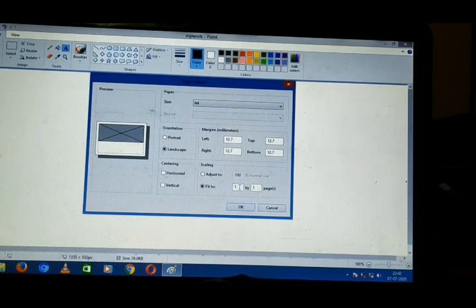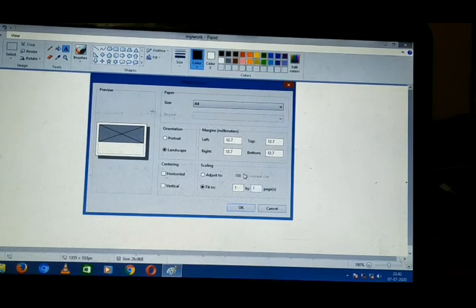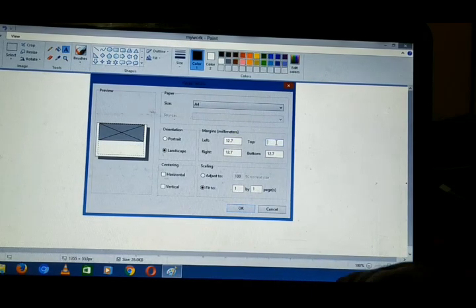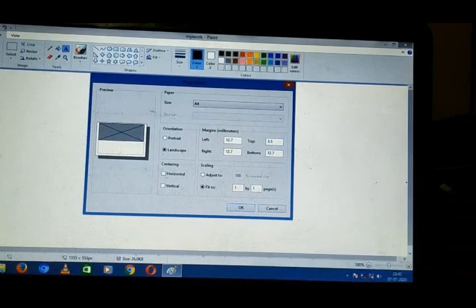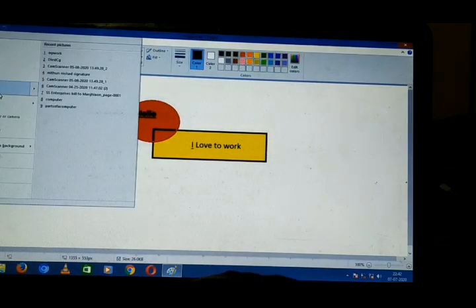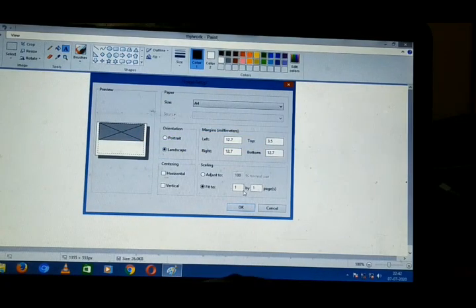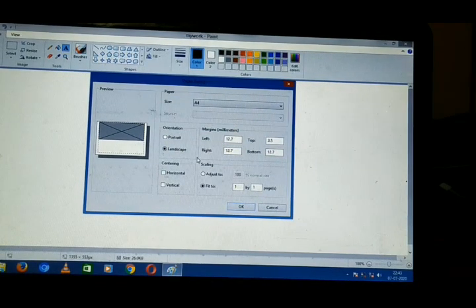How many pages you want to print one by one, how many copies you want to print, or you can select the left margin and right margin also. It is given. I can select right, and top is 12.7. I can make it 3.5. If I make it 3.5, that will be also seen, and it will be activated if I go to the Print option again. So you can select the page. You can see the option that 3.5 from top and bottom.